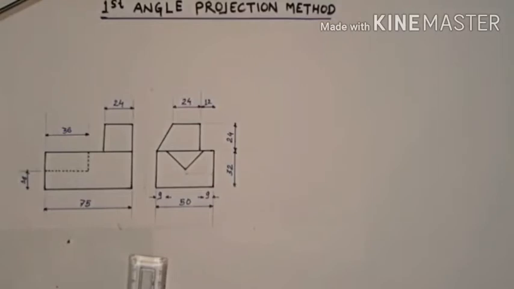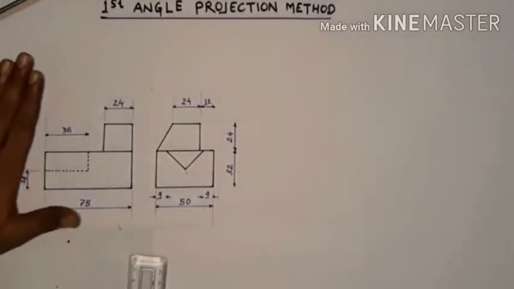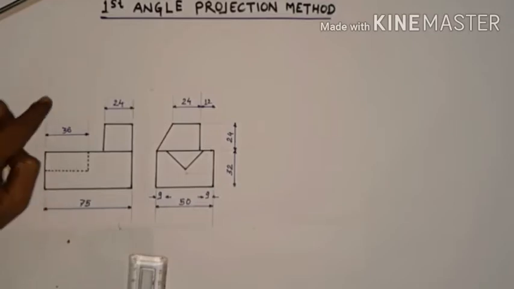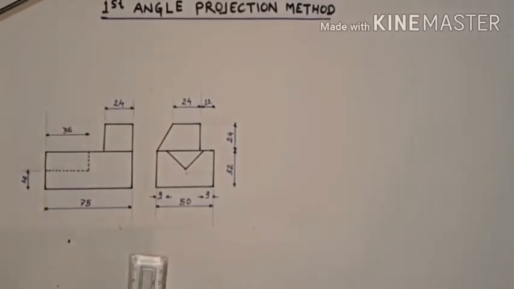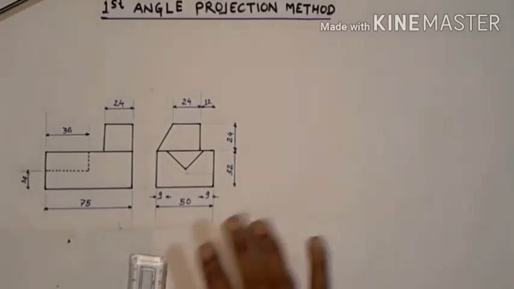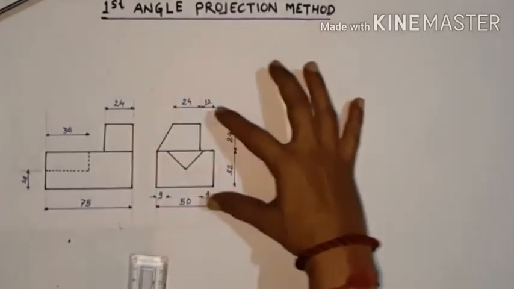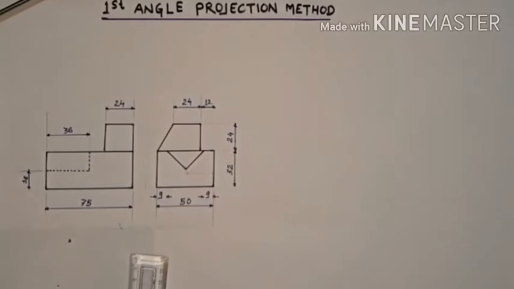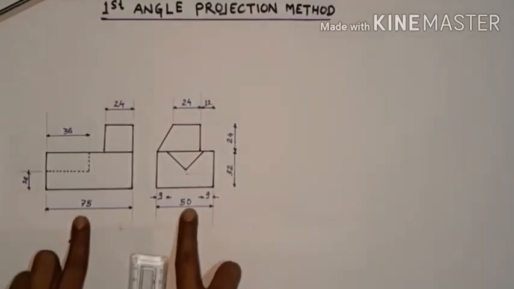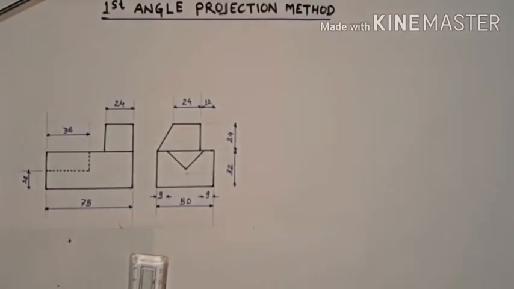According to the first angle projection method, I remember somebody had a doubt: if front view and side view are given, because nowhere is it written that this is your front view or this is your side view, how do we know which diagram shows the length, width or height? No doubt about the height, because that is always your height. But here we have a doubt between these two dimensions, remember. So I give you a hint.